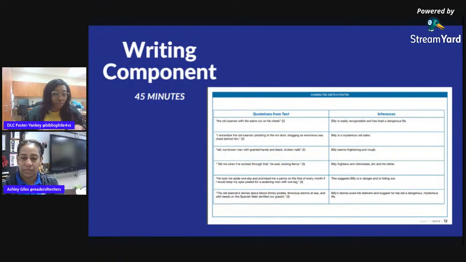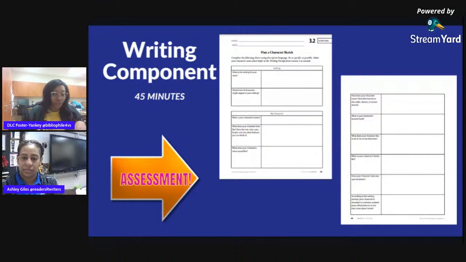Students identify important details about Billy Bones that are listed in the character sketch poster. So they're making inferences about him based on those statements. The teacher explains that the character sketch about Billy Bones explains the kind of character he is. Students go back to activity page 3.2 to complete the My Character part on the activity page. That's the bottom part in the second page there. They should be as specific as possible when they create their character. The teacher reminds them to use descriptive language, show rather than tell, as they did in Unit 1, Personal Narratives,